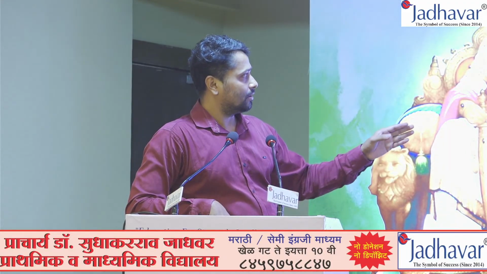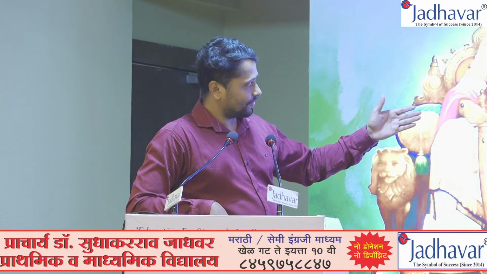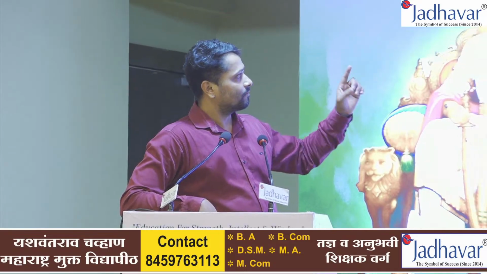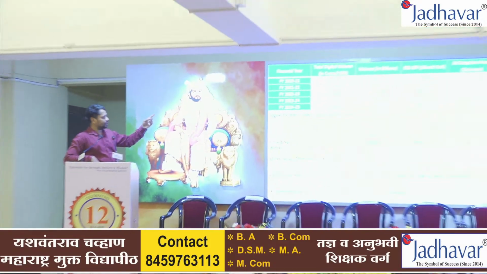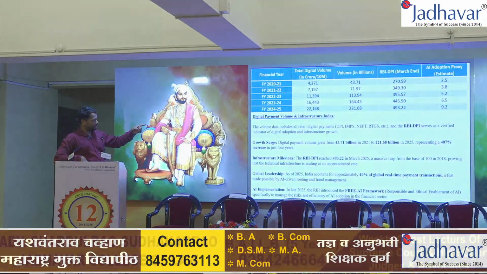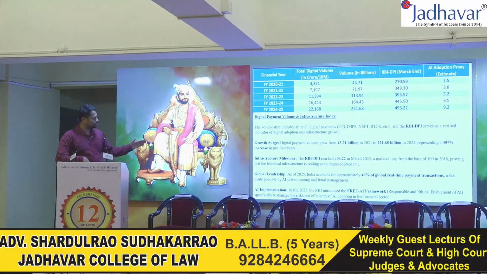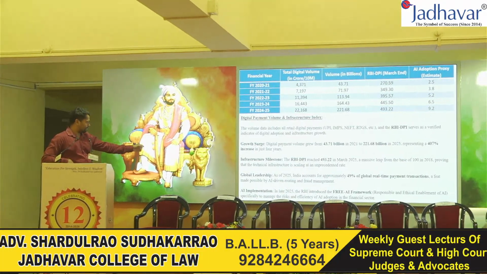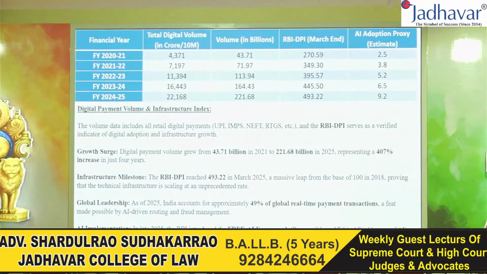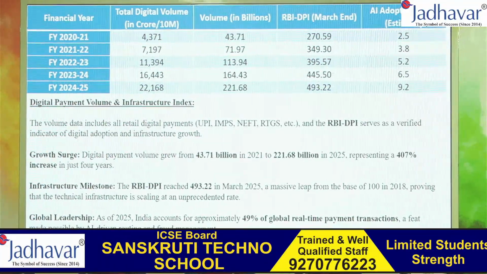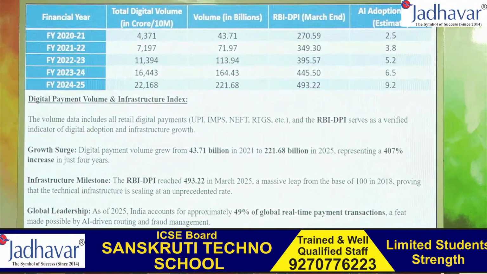From these numbers we can conclude the volumes are increasing quite a lot, from 43 billion in 2021 to 221.68 in 2025. We can also see global leadership at 49% of global real-time payment infrastructure, with AI-driven routing and